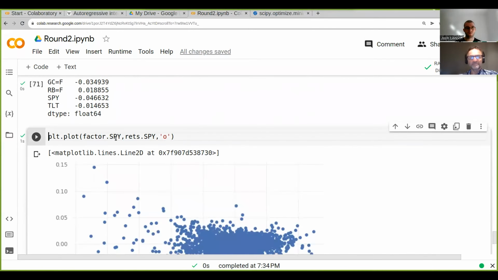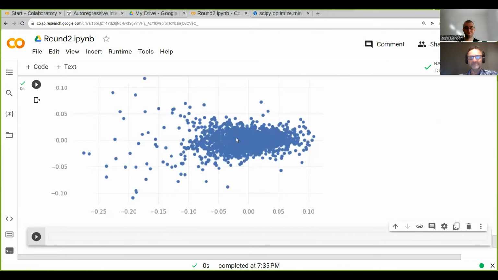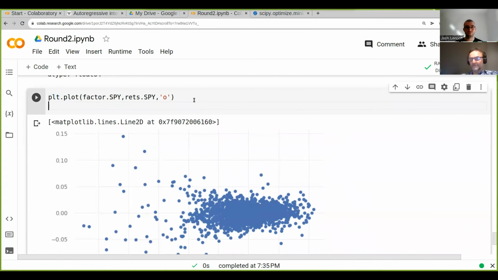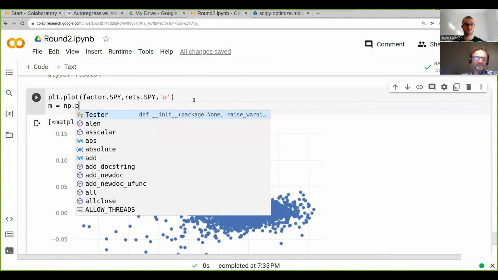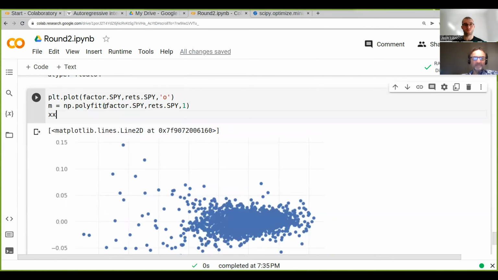I mean, if you plot this, it's impossible to see. So if you do a correlation plot here, there will be some small slope, but it's almost impossible to see. But you could still do this. Now we can, if you want, we could actually plot the correlation line. So what we do is we go np.polyfit, and then we use these two and 1, and then we go xx equals, and you have already seen all this,